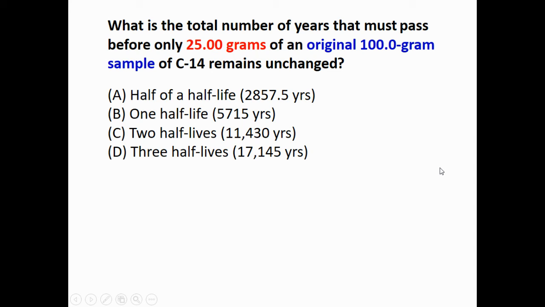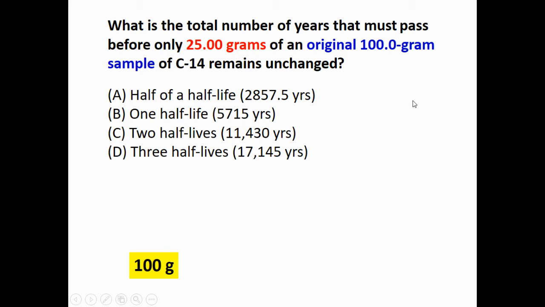What is the total number of years that must pass before only 25 grams of an original 100-gram sample of C14 remains unchanged? So we start out with 100 grams, we get to 25 grams, how many half-lives will have passed? To do this, you really don't need a formula, you just got to do something like this little diagram